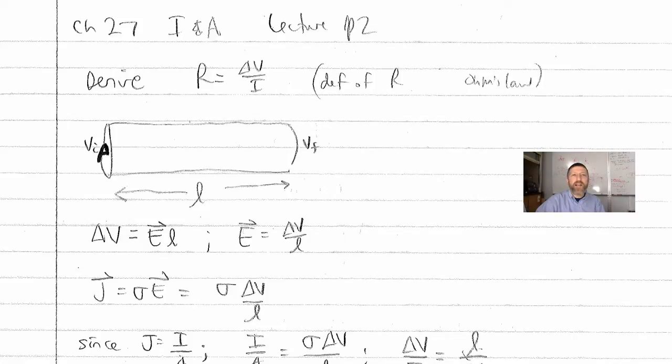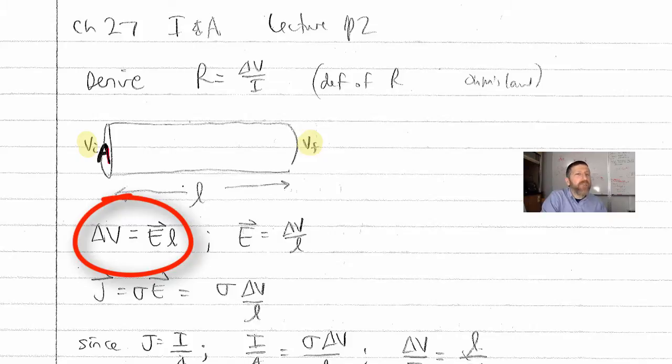And what we have right here is V, electric potential. This is V initial. This is V final. If positive charge is moving to the right, this is high potential, low potential. That's cross-sectional area A right there. This is length L. Now, delta V, the change in potential here, is equal to, and what form did we